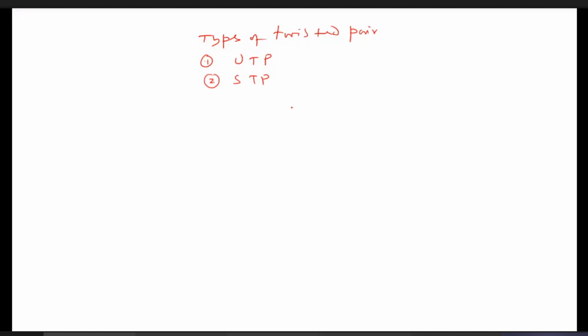U means unshielded. Its cost is very low in the case of unshielded twisted pair, but it is subject to